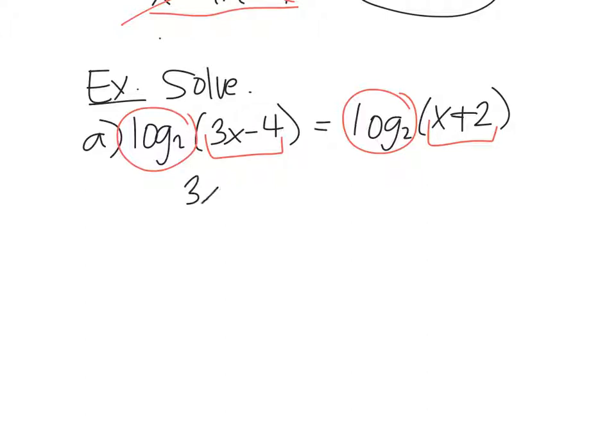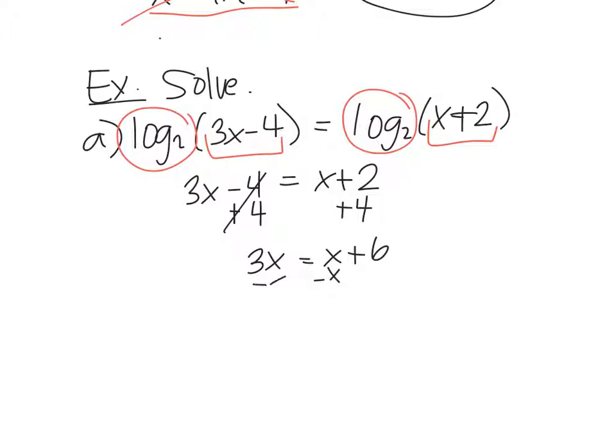So I get 3x − 4 = x + 2. Again, it's that same one-to-one property that I had with my exponential. So I get 3x = x + 6. Then I subtract x, so I get 2x = 6 and x = 3. Now, the other thing I have to do with logarithms is check my answer,